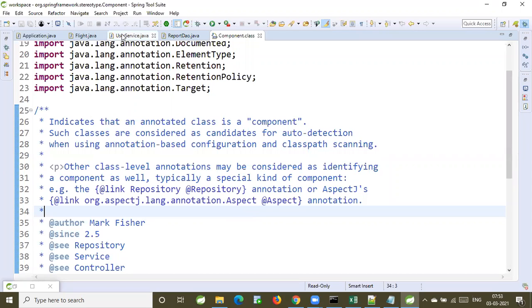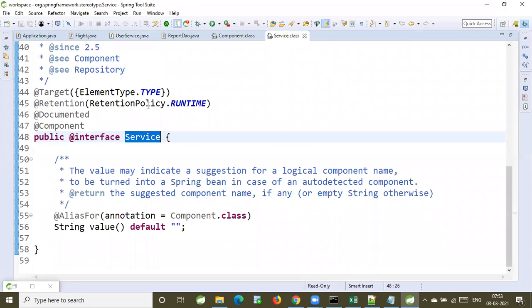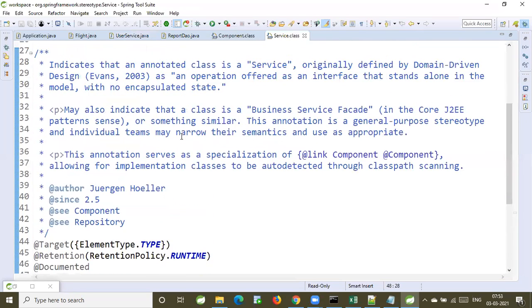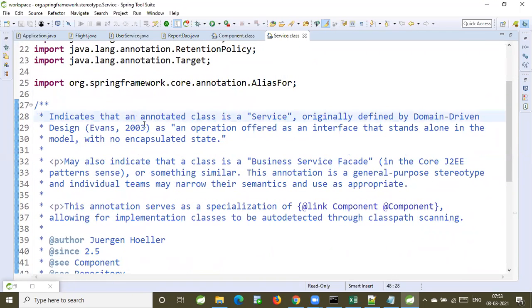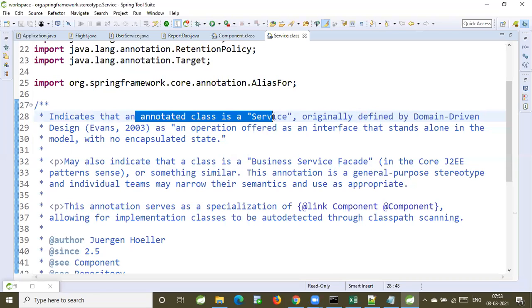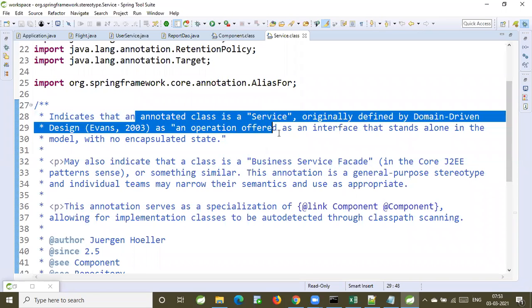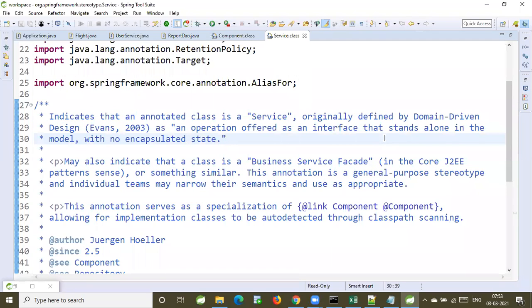Now, next one, let us go for the @Service annotation. @Service indicates that an annotated class is a service, originally defined by domain-driven design as an operation offered as an interface that stands alone in the model with no encapsulated state.